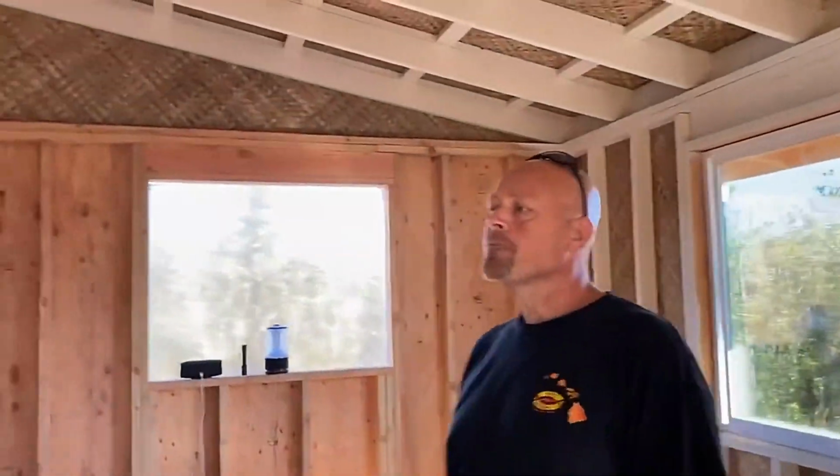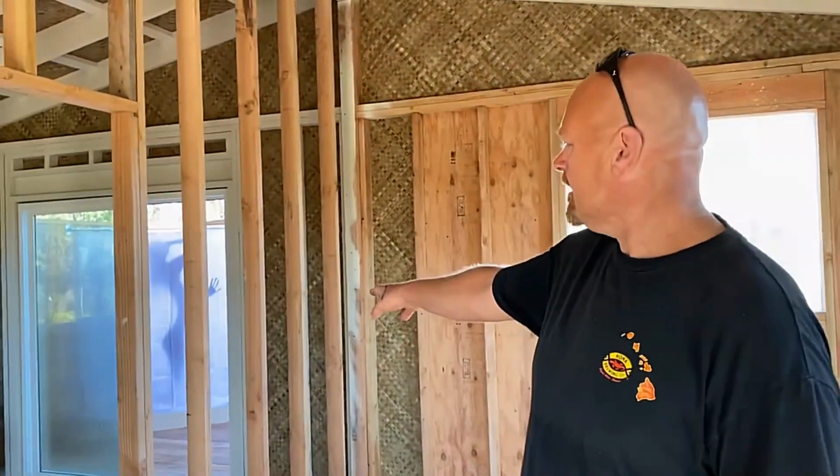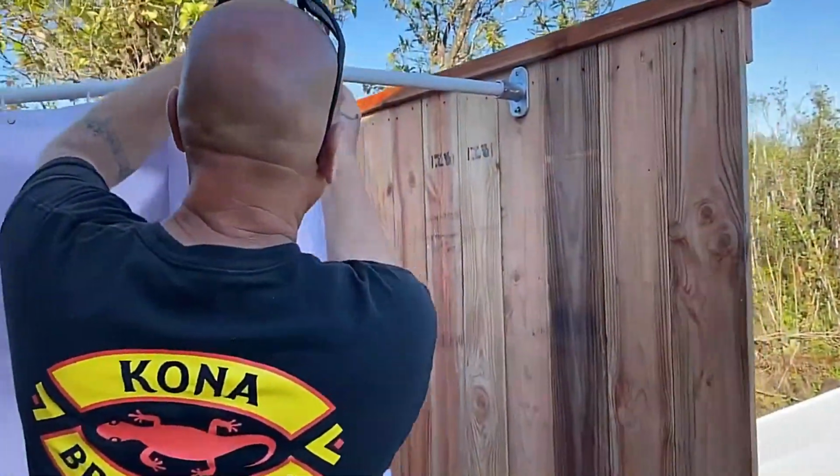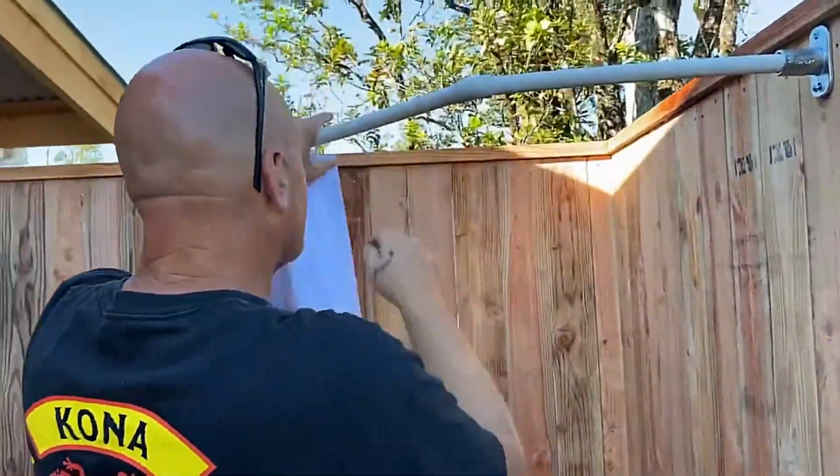And what are the dimensions of your house? 24 by 24, the main area. Awesome. The back deck is 8 by 16. The front deck is 8 by 30. Or actually 8 by 27. It's the 24 plus the 3-foot width for the stairway. Cool. I just actually put this up, so I'm not sure how it's going to work, but